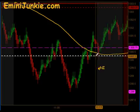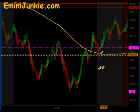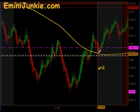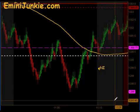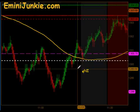Basically, our moving average here, our signal was slightly behind it, and one of the things that we like to do is stay on the right side of the gold line, and you can see there was just a fraction of a tick, and even though we don't trade in a fraction of a tick, it still was non-idealized because you would like your entry to be above. And so in this instance, we did not initiate a trade,